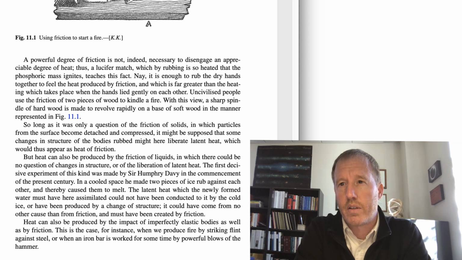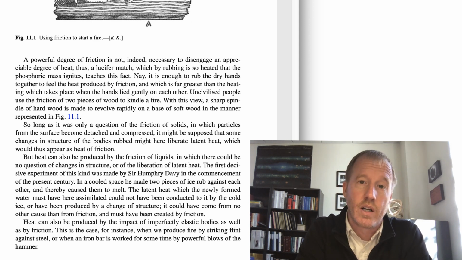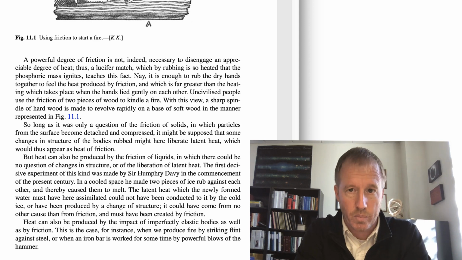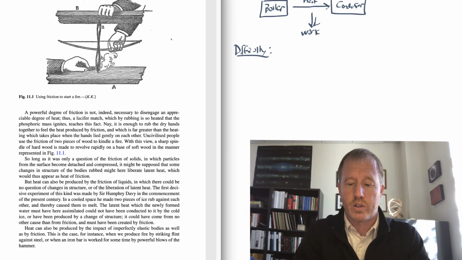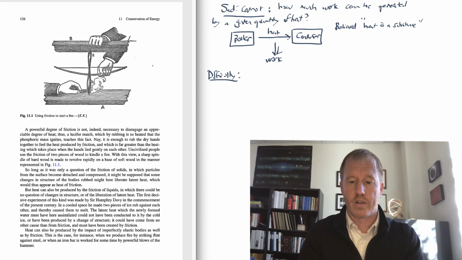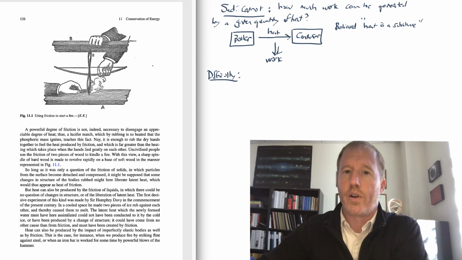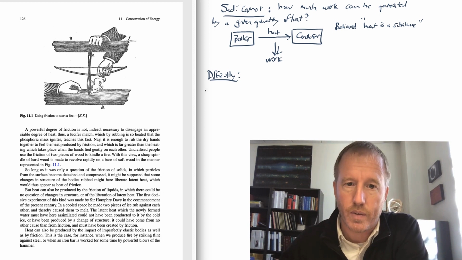After all, the latent heat had been thought to be in water, and when you convert it into ice, that latent heat is made manifest, it shows up. But if you already have 2 ice cubes, that latent heat isn't being stored in them at all, but if you rub them together, you can cause those 2 ice cubes to melt. So it seems like there's heat generated by motion in a way that seemed to be difficult to explain using the caloric theory of heat. So because of experiments like this and others that I'll be talking about in a moment, there arose a new theory of heat. So let's talk about the new theory of heat.